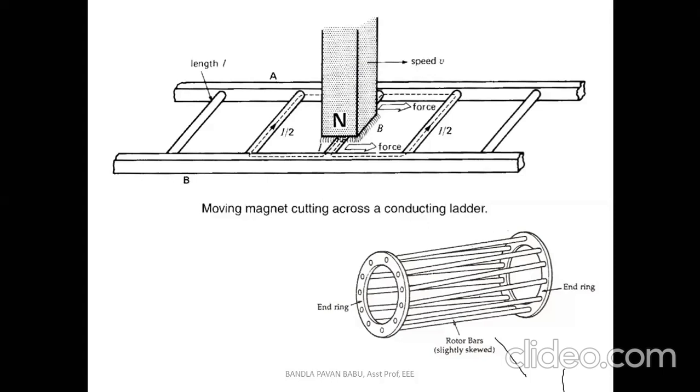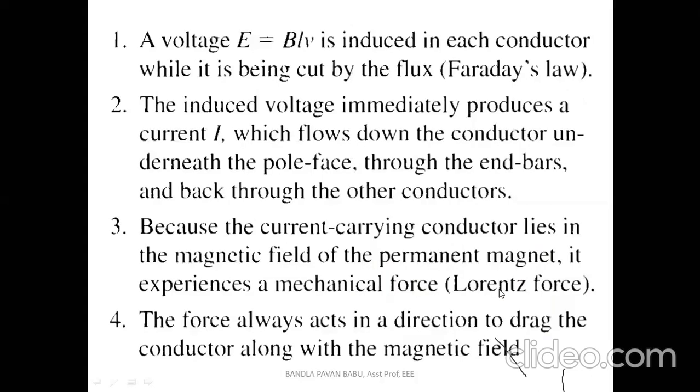From this we can analyze how the stator rotating magnetic field is causing a force in the rotor conductors. The drawback is that the squirrel cage always has less tendency to follow the stator magnetic field. That is the reason why it has a low starting torque for this squirrel cage rotor. These are the important points in the working principle of the induction motor.